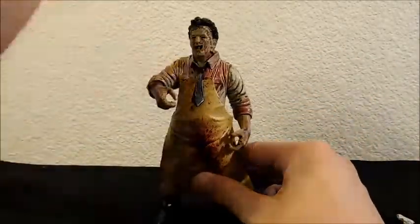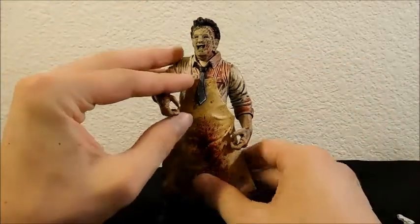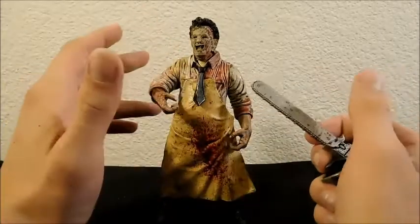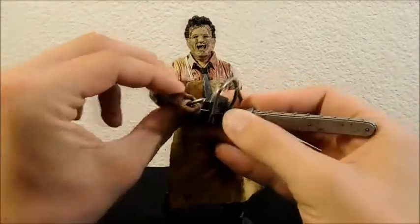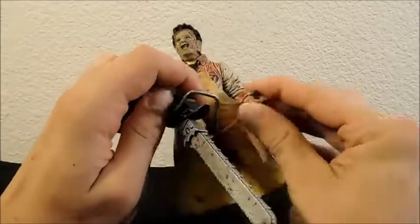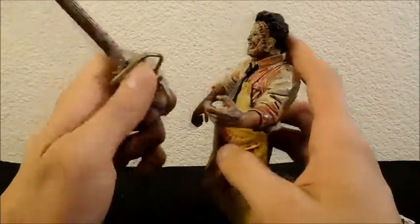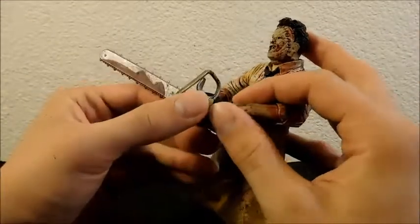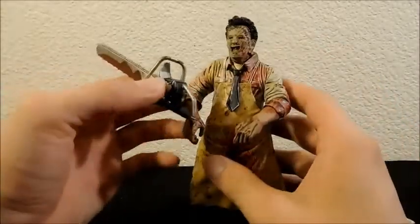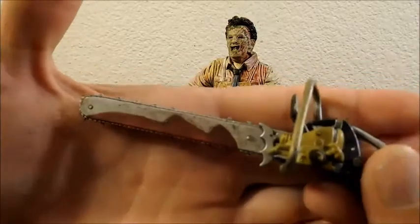So for what they were going for, I think McFarlane did a fairly good job. And if this came out nowadays, I would be ranting about how much it sucks and whatever, but since this is older, I do have a bit of respect for it, because this is one of the early, well-sculpted things that kind of got us into the current day NECA figures and stuff. You gotta respect that. So, the last thing we're gonna take a look at here is his beautiful chainsaw, which is